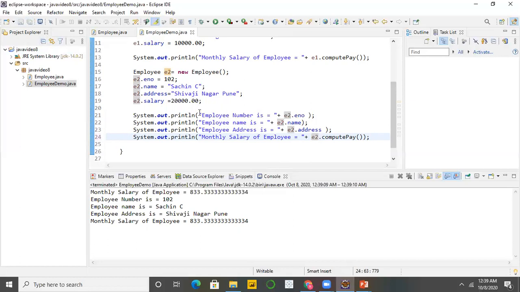Again save, and I want one extra line between the outputs.